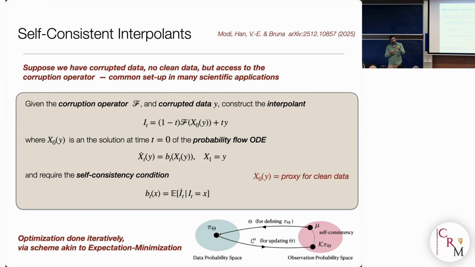But you can do something, which is that you can imagine that you have a generative model, and if you have a generative model, it should be able to take the corrupted data and turn it into clean data. Okay, so that means that you can do a sort of self-consistency loop where you construct an interpolant that involves the corrupted data at one end and the clean data at the other end, but you don't know what the clean data is. So the way you get the clean data is you say, well, the clean data should be the result of my generative model at time t equals 0. Okay?